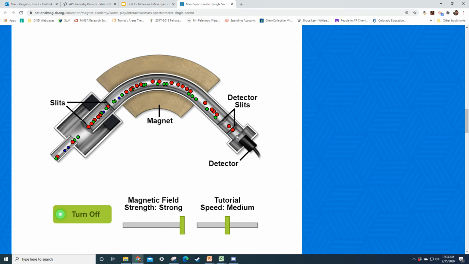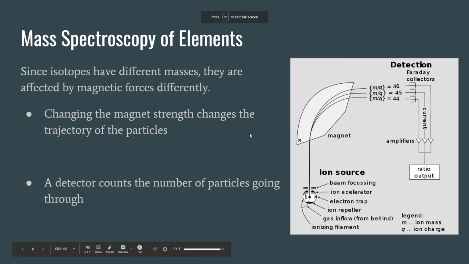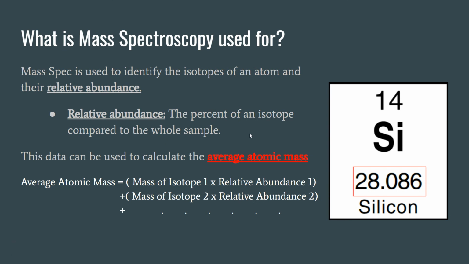So in this way, I can see what isotopes are there, what the masses are, and by knowing the magnetic strength, I just do some math to figure out those masses. And this is the way a mass spectrometer works. So a mass spectrometer is going to allow me to get the average atomic mass because I'm going to be able to get the relative abundance, what percentage of each isotope there is, and I'll know the mass of those isotopes. And if I know those 2 things, all I have to do is multiply the mass of the isotope by the relative abundance, and I do that for every isotope, and I add them up,